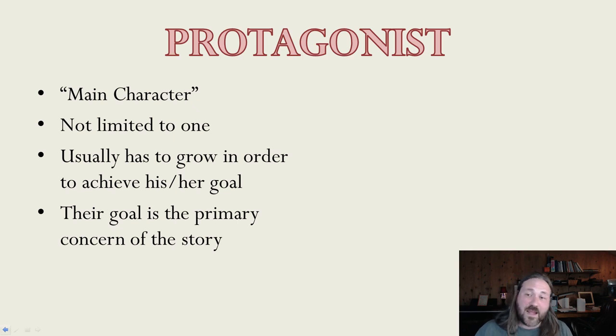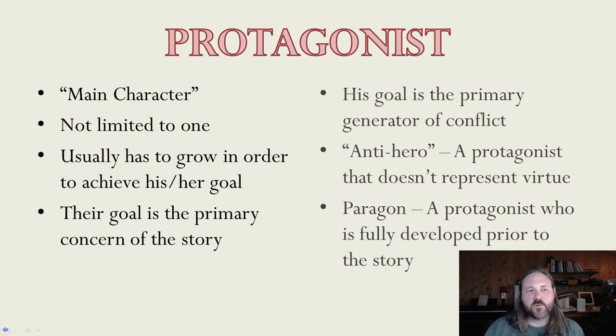And of course, their growth is they have to understand their inner strength and then put it to use to achieve the story. Now, likewise, that same character in the next story ends up failing at their particular goals. Their goal becomes to save their friends and to defeat Darth Vader, and he fails at that. And that's sort of like a more tragic flaw kind of story. So the fail state is built into both of those stories, and their goal is usually the primary concern of the story. So the primary goal of the story is usually the same as the primary goal of the protagonist. Doesn't always have to be that case, but that's usually what people are going to expect. So that goal then becomes the primary generator of conflict. Like I said, you have a goal, you want to achieve it, there's something standing in your way.